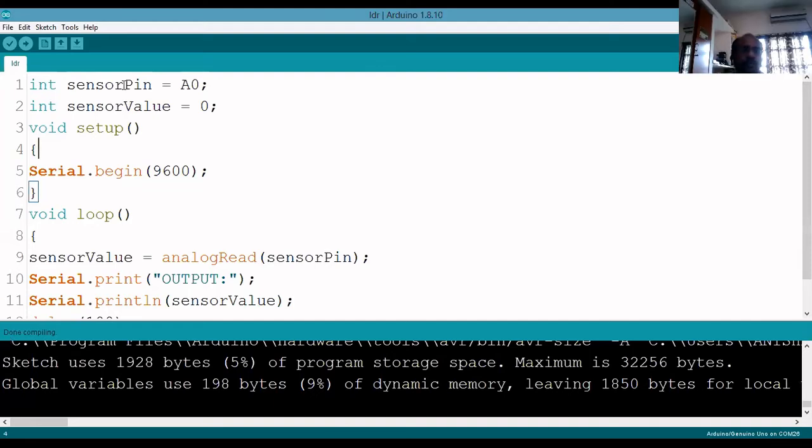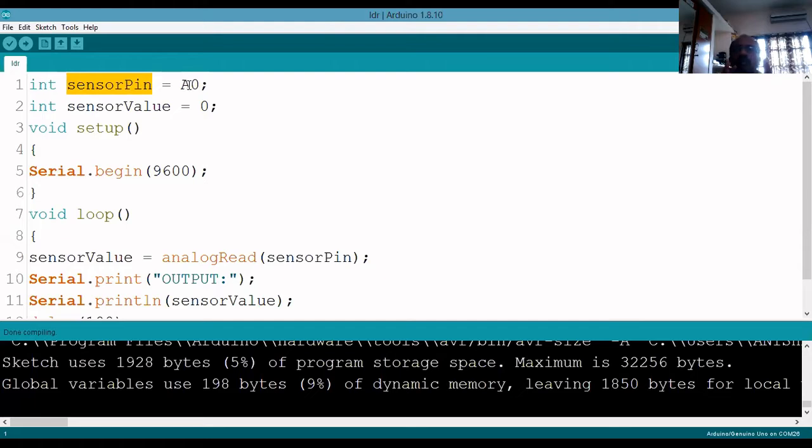First one, I have told A0. What is meant by A0? That is called an analog pin. See, analog 0th pin. I have taken the analog 0th pin, so I am putting it as analog 0. Suppose you are using the analog 1 pin, you can take it as analog 1. If you are taking pin number 2, you can put pin number 2. So I am giving one name, called sensor pin. The A0 pin I am naming sensor pin. This value is an integer. In the first unit we have studied data types: integer, float, character and void.